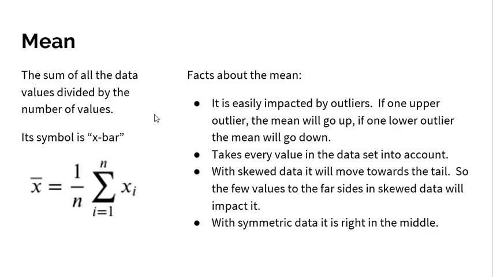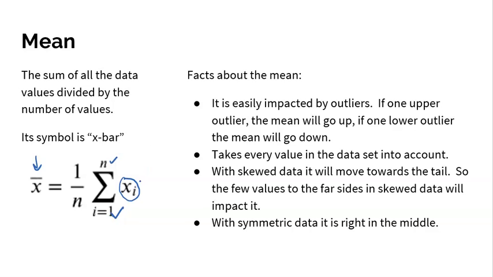All right, now the symbol we use is x-bar. It is literally an x with a bar over top of it, and it's pronounced x-bar. Now, this formula may really look foreign to you, but this is exactly what I said already. This giant looking E here stands for sigma, but anyway, that is the summation. So we're summing up all of our individual values. x_i just stands for the individual values. So you're going to add all those individual values up all the way from the first value to the nth